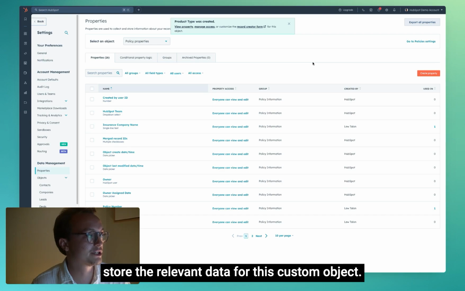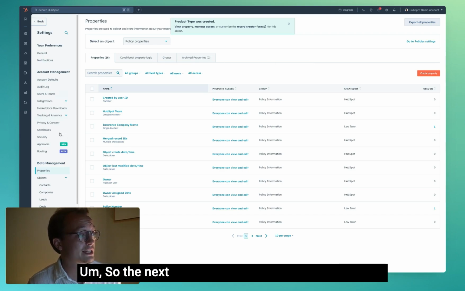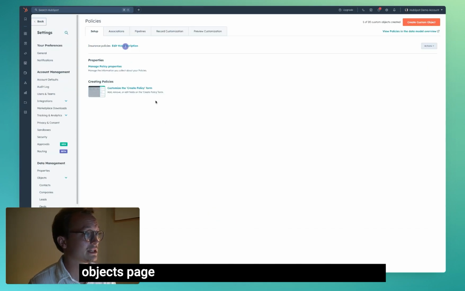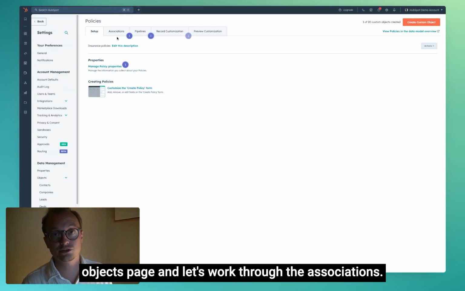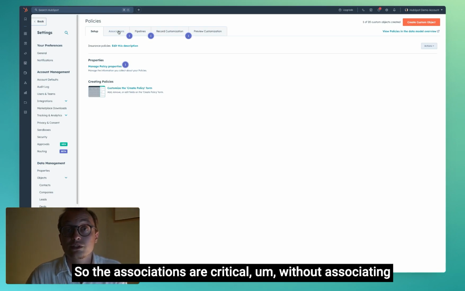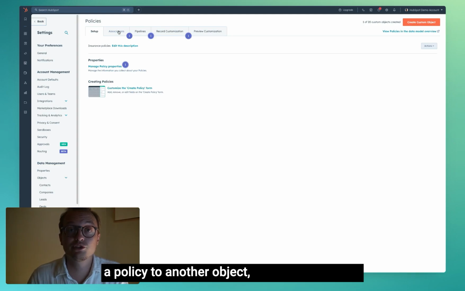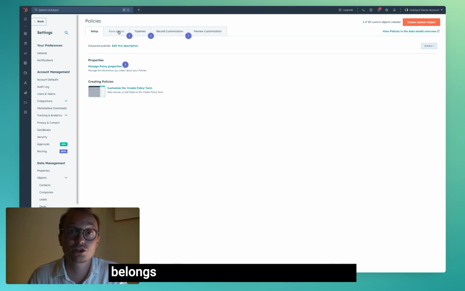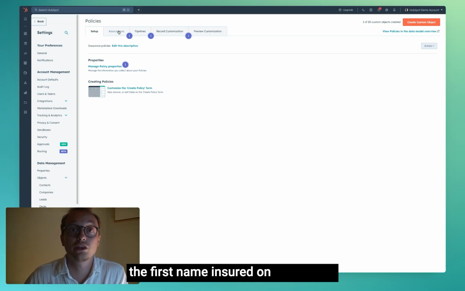So again, you can go through here, create as many properties as you need to store the relevant data for this custom object. So the next step here is going back to the custom objects page, and let's work through the associations. So the associations are critical. Without associating a policy to another object, context is lost. We don't know exactly who this policy belongs to, who is the primary insured, the first named insured on that policy,